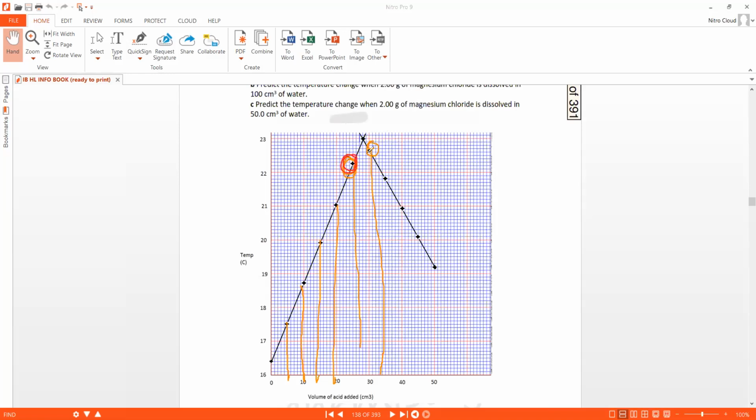Here this was 25 and this is 30, but the maximum recorded doesn't mean that I have to take this as the endpoint. No, the actual endpoint is somewhere here, which is something different, like 29 point something, or 28 point something, and the maximum temperature is this and not this. See, recorded, this is the maximum, but I don't have to take that. Maybe in some cases the recorded may be the actual also. Suppose it happens, coincidentally, to be at that same volume that I have taken, then of course you'll get the same.